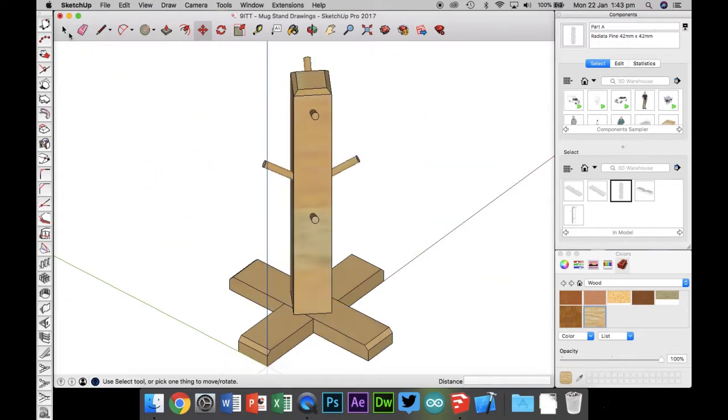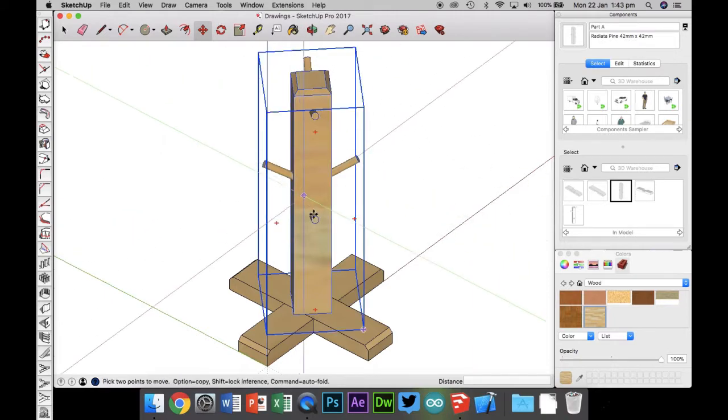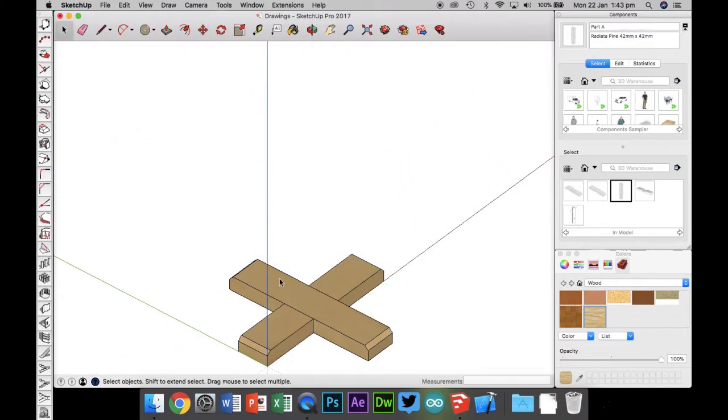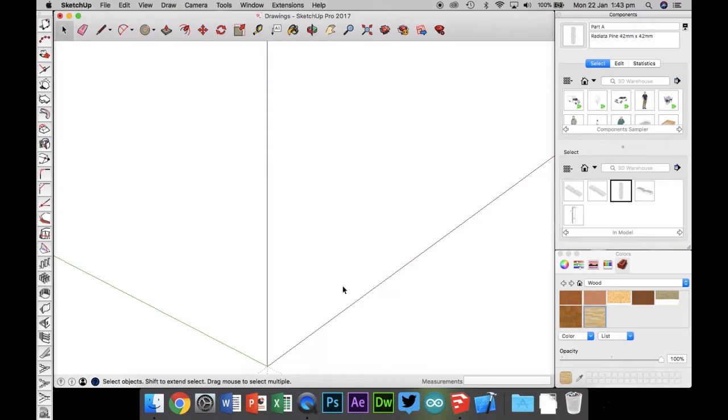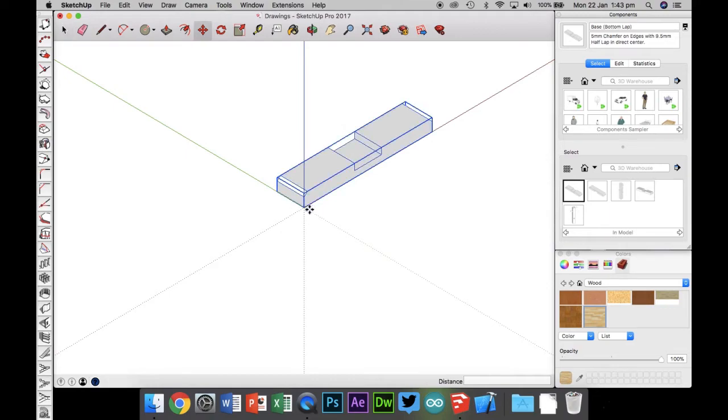Go back to where your project is assembled. You should have a saved copy of this. We're going to go File, Save As, and we're going to call this Drawings if you like. You can call it your orthogonal drawings if you'd like to be more specific. And now that we've done that, I'm going to select all of my components and delete them out. At this point, we actually don't need all 3 projects in, and they don't need to be rendered anymore. They don't need to have the timber color, they just need to be plain black and white with some gray. So I'm going to select one part to start with, snap that into position, okay,